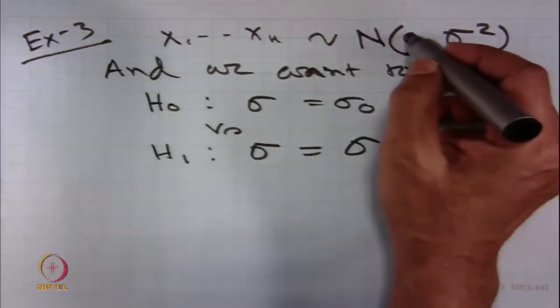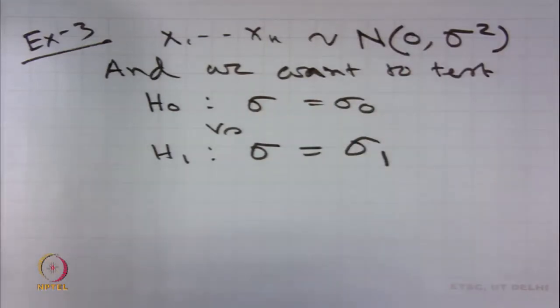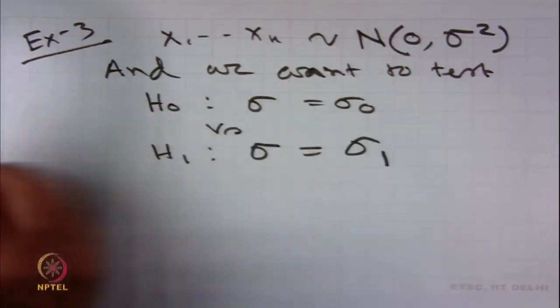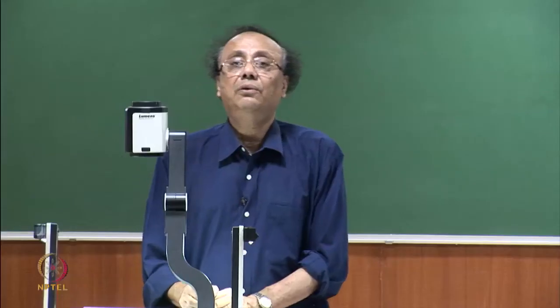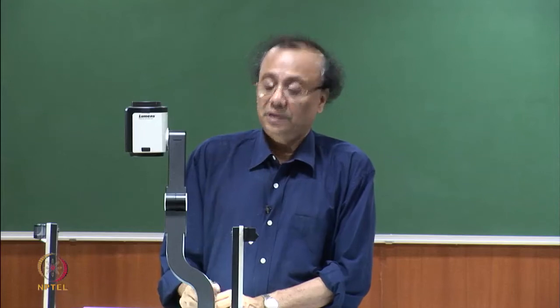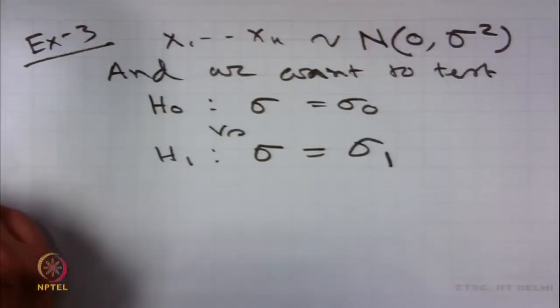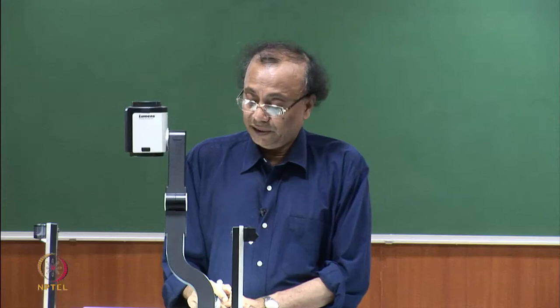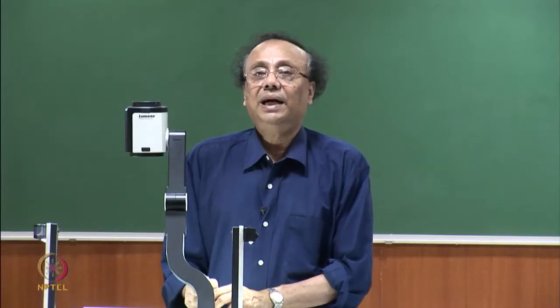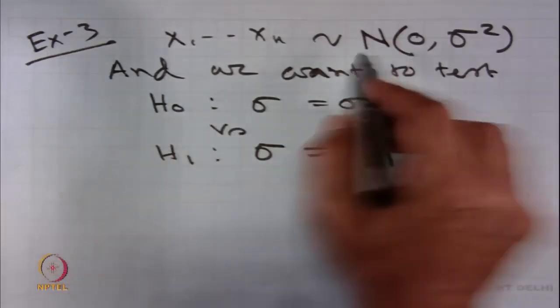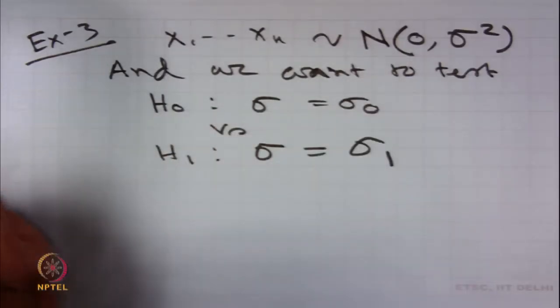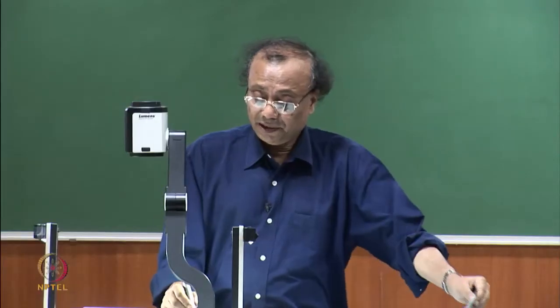Note that we have kept the mean to be 0. This is only for ease of calculation. If the normal distribution has the mean known, which is mu, then instead of x1, x2, ..., xn, we can always look at y1, y2, ..., yn, where yi is xi minus mu, and therefore, we will come back to normal 0, sigma square. By Neyman-Pearson lemma,